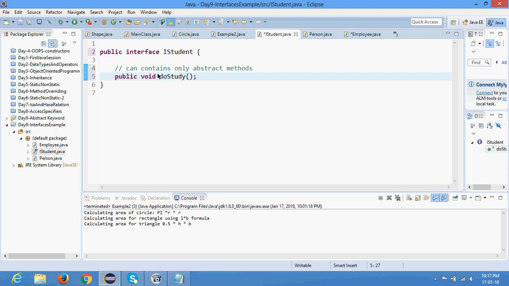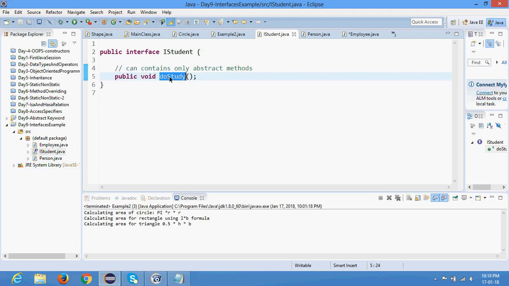Okay, and semicolon. Do not write the curly bracket. So what I will do is I will just mouse over on this method. What you see here, can you see that capital A which is written here? That capital A stands for this is an abstract method. Even if you write the abstract keyword, that should work. But even if you don't write the abstract keyword, this method is still an abstract method only, and I